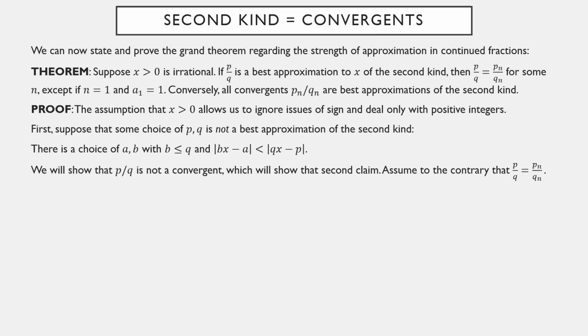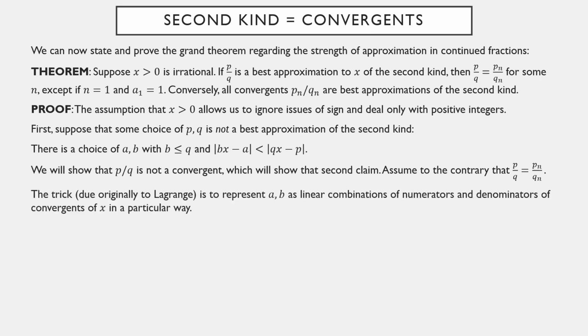So let's assume to the contrary that our choice of p and q, which is not a best approximation of the second kind, is actually one of the convergents, pn over qn. Now the trick of this proof, due originally to Lagrange, is to represent the integers a and b as linear combinations of the numerators and denominators, the pn's and qn's, of the convergents in a very particular way. Specifically, we set up this system of equations right here, that pn alpha plus pn+1 beta will be equal to a,